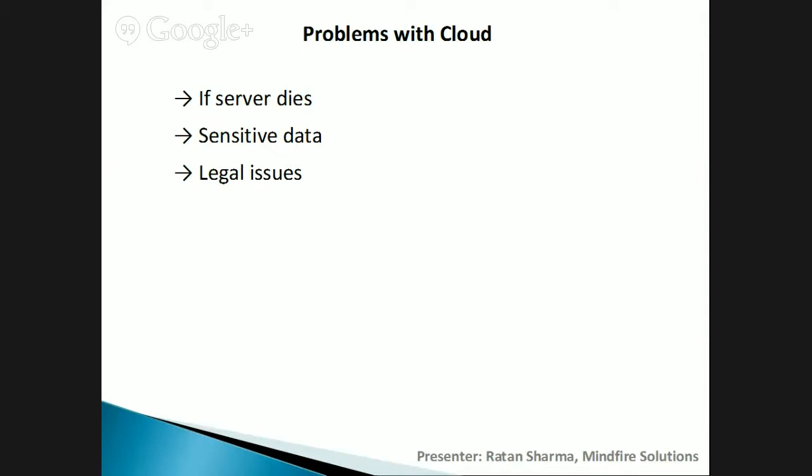And there are a couple of problems with cloud that we need to consider if we are planning to migrate our application or website to the cloud. So it's like, what if the server dies? What if the data center itself crashed, or a fire happened there, something? So the solution to this is, it can happen to your servers also. So there should be a backup plan always. It's not that it can't happen to a data center, it can happen, but more likely it can happen to us only. In a data center, it is more secured.